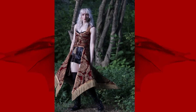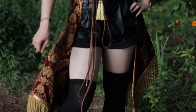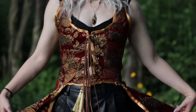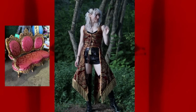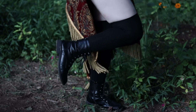For another equally whimsical outfit, I put my black bustier top back on, along with my knit thigh highs and faux leather shorts, and over it I broke out another item that I made myself, this long brocade corseted waistcoat, which admittedly does look very much like a nice Victorian chair, but in a cute way. I once again kept the same red pendant necklace and celestial earrings, but added a black combat boot, and this